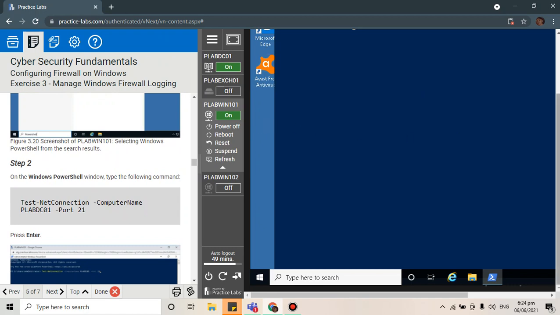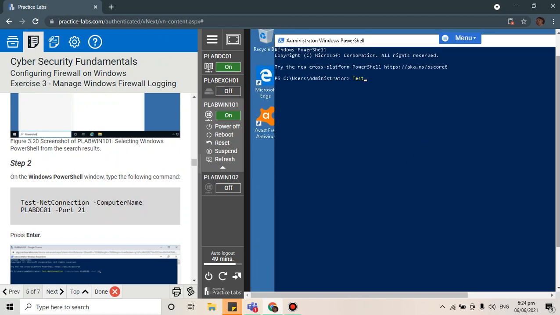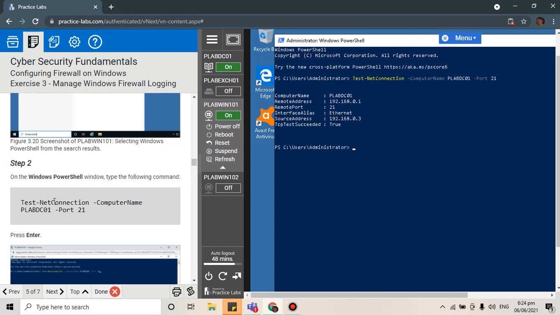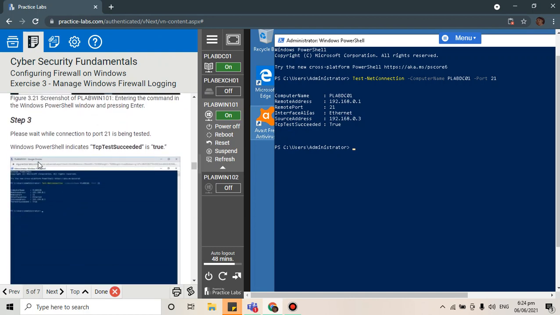Then type down natin ang Test-NetConnection, computer name, lab DC01, 21 and enter. Yun na, lumabas na. So success is true